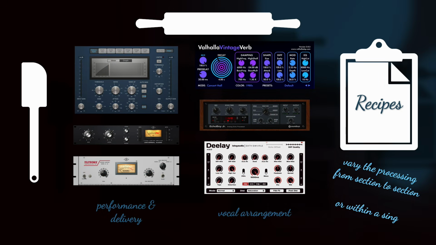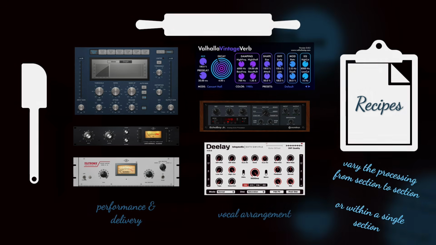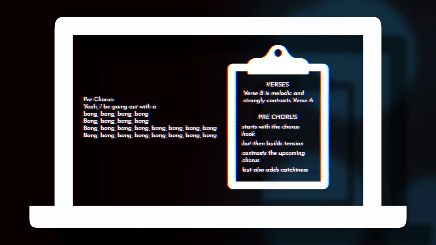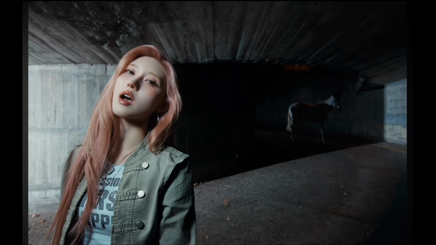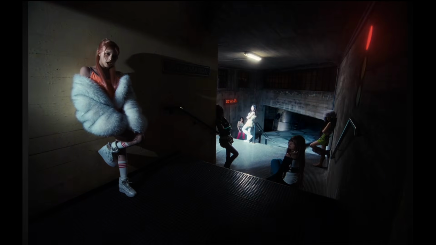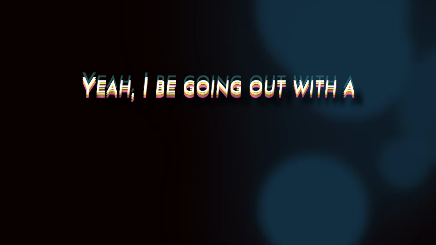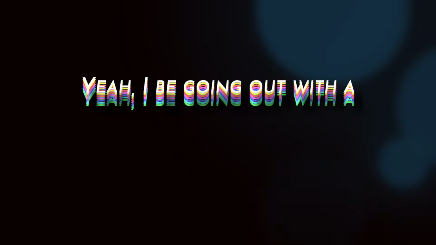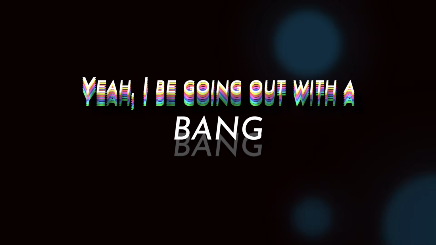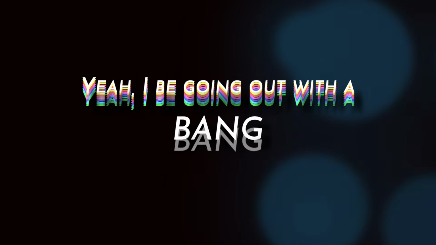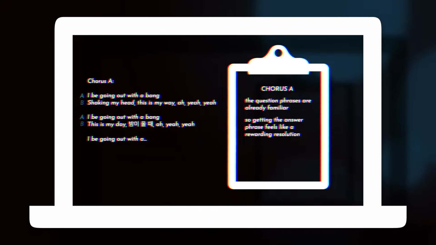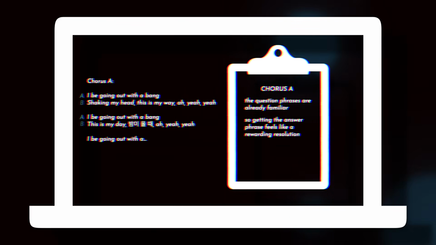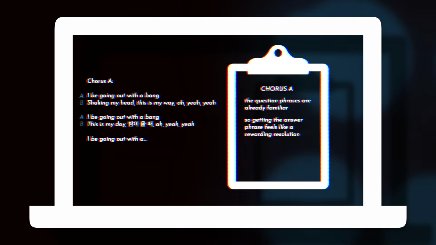But you can also do this within a single section. Earlier, we spoke about the pre-chorus and how the writing subverts our expectations. This is very much enhanced by the processing. We start with the hook, which feels wide and is supported by a stack of vocals, while the bang part right after feels quite tight, introducing once again a lot of contrast. It's starting to get clear, right? Let's strengthen our new knowledge by listening to the A chorus again, this time with space in mind.